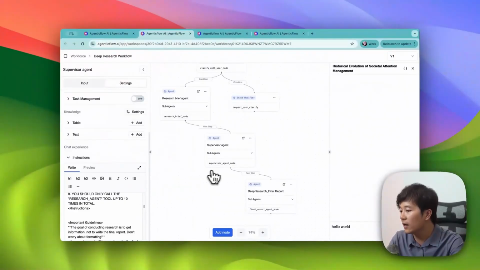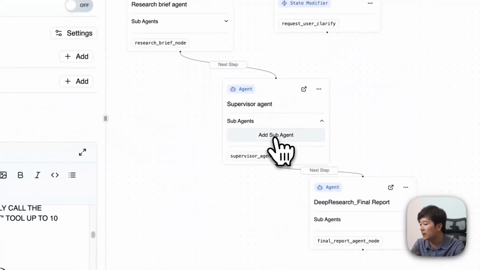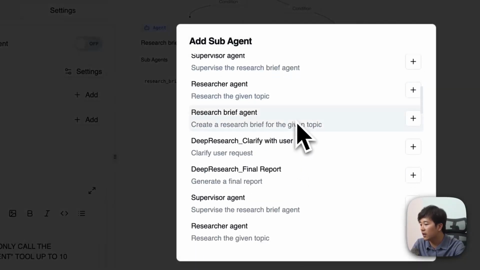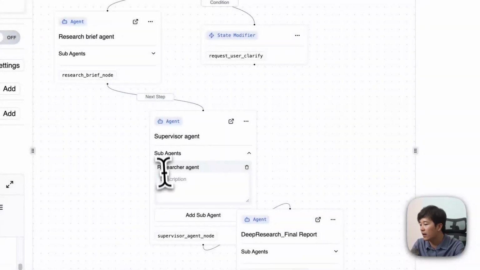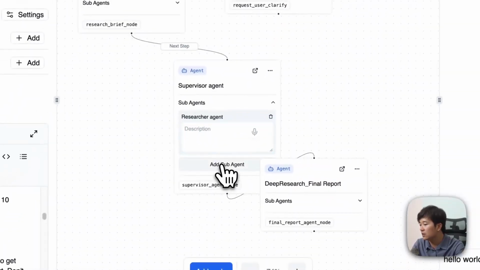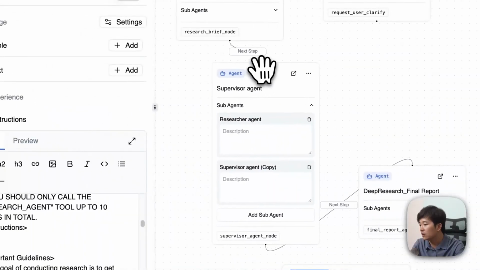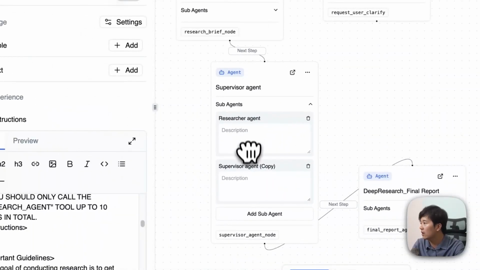And if you would like to add more sub-agents to the supervisor, you can also do this. For example, you click on add sub-agent, and then you can add some researcher agent to that, and it will just appear here, and you can add multiple research agents, copy, and so this supervisor has two research assistants, and it will be able to handle